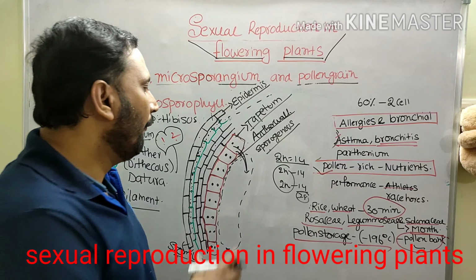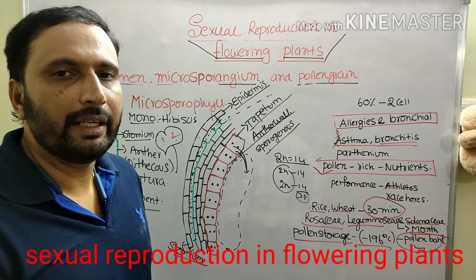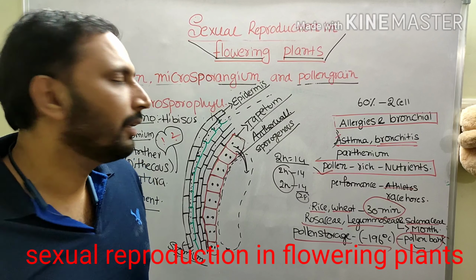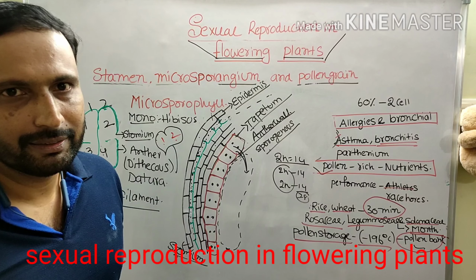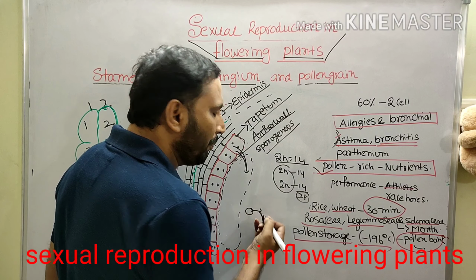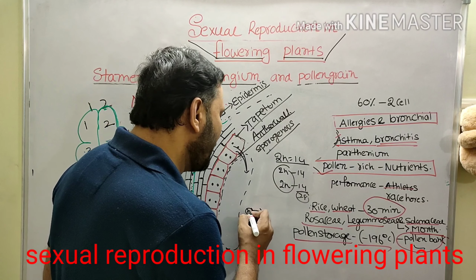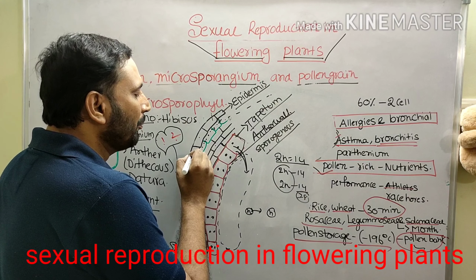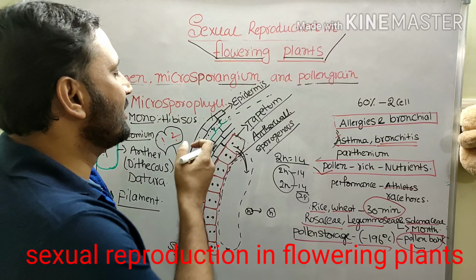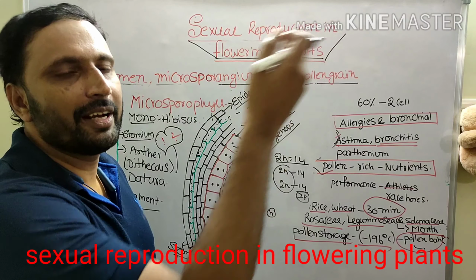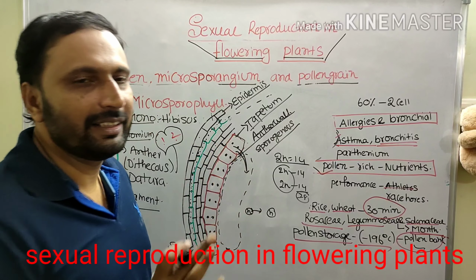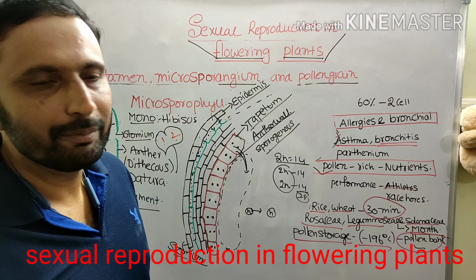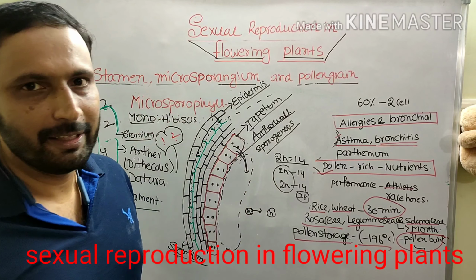And one more thing: when the anther culture technique is conducted, the anther is placed on the nutrient medium. Why do we get both diploid plants and haploid plants? Suppose the microspore develops into a plant; the microspore is haploid, so the plant becomes haploid. When a plant forms from the epidermal cells, endothecial cells or middle layers, those plants are diploid. So when anther culture is conducted, both diploid and haploid plants form because both diploid cells and haploid cells are there.